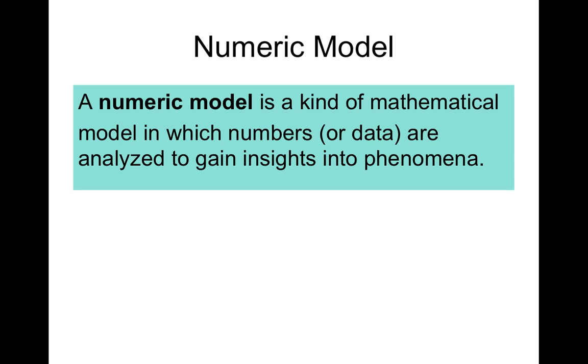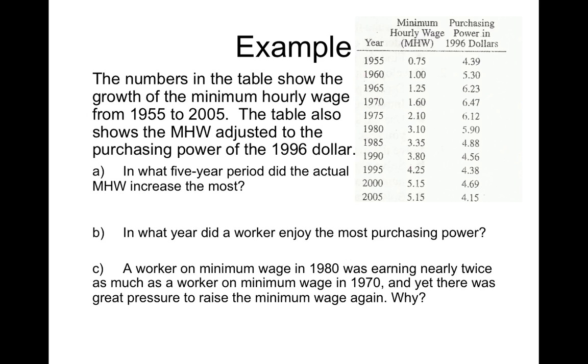The first one is a numeric model. It's when we look just at tables of data perhaps, and from that table try to get some answers. We'll do a little bit of this in this unit, but most of it will be the second two types of models. So if we were just to look at this opening example here, it says the numbers in the